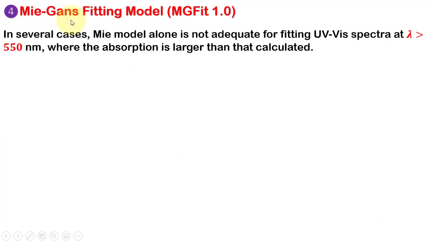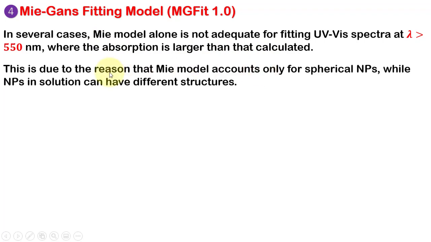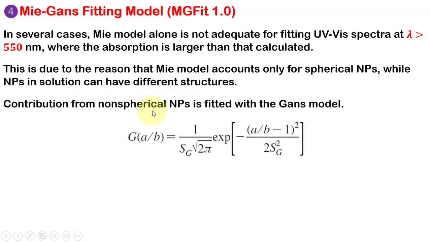Mie Gans fitting model. In several cases, the Mie model alone is not adequate for fitting UV-Vis spectra at wavelengths greater than 550 nanometers, where the absorption is larger than the calculated. This is because the Mie model accounts only for spherical nanoparticles, while nanoparticles in solution can have different structures. Contribution from non-spherical nanoparticles is fitted with the Gans model,